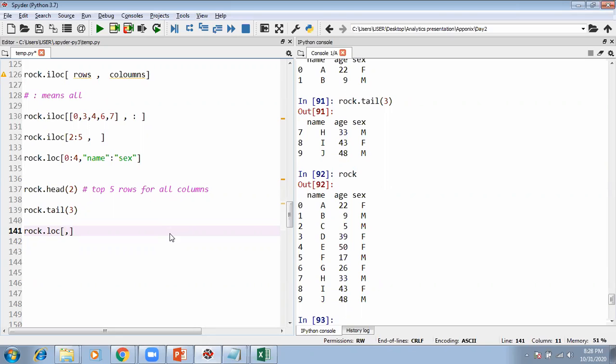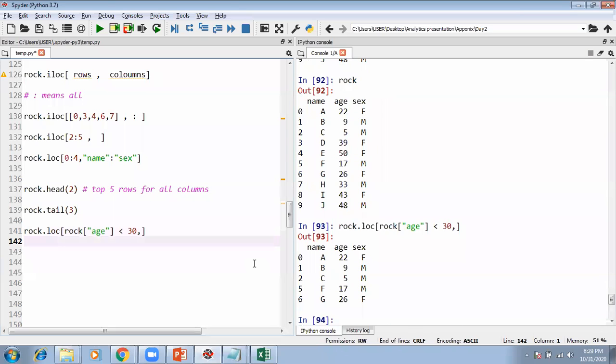I'm not going to write anything on the column side because I want to see all the columns. Over here, I want to indicate this column age, right? Because I want the age less than 30. So you write rock, just the way we had done it, within third bracket, within quotes, age less than 30. So you get it. So all are less than 30 years old.